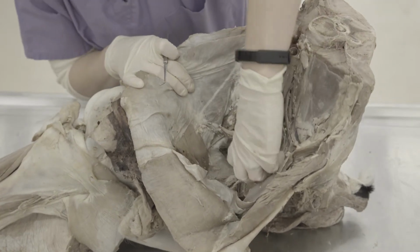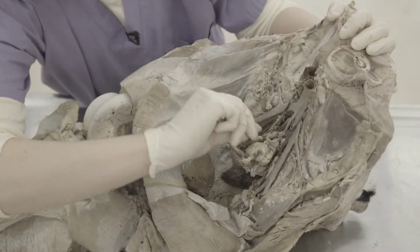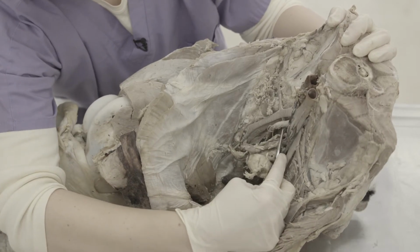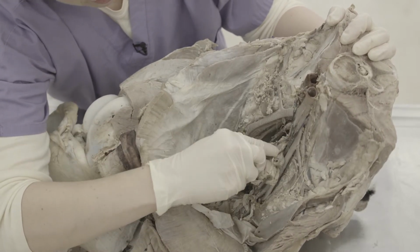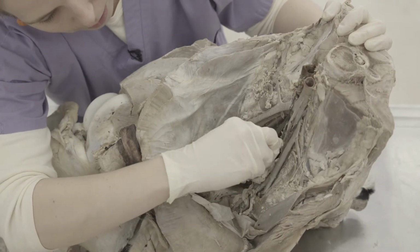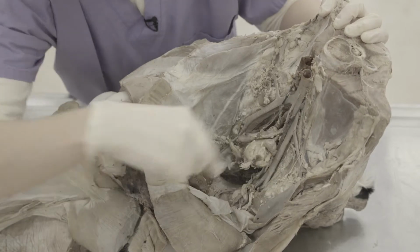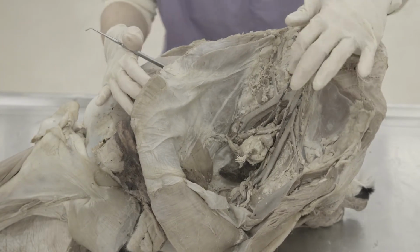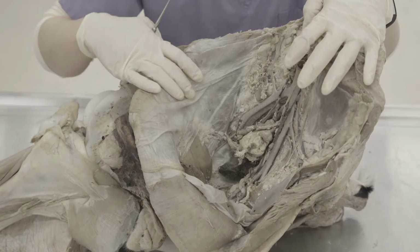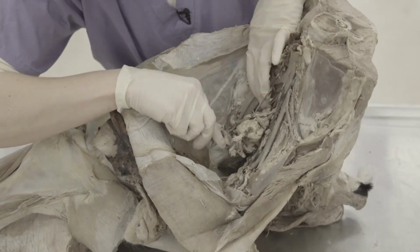Then on the right side of the animal, you can also trace out all of those arteries that we did on the left side. You're just going to follow the internal iliac on the right side as well. You'll look for the umbilical, which is that first branch. You'll follow it, try to see a cranial gluteal coming off, and then trace it as far as you can. Then once you're on the lateral side, you can find where the caudal gluteal and internal pudendal branch. I'll show you that in just a moment. But first,